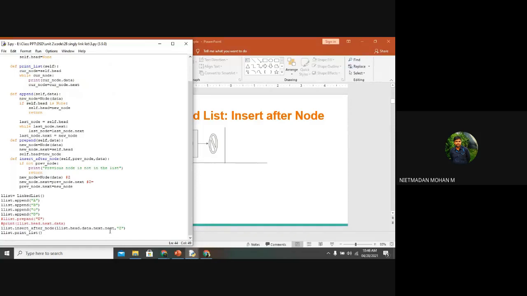So I will check that and tell you. Before this, I have seen it only for the first 2 elements. I will check that and tell you in the next class. I have seen that, but I have not taken those lines of code. Head dot next dot next dot data, no, like that it won't appear, because head will be the only one keyword we can use there.